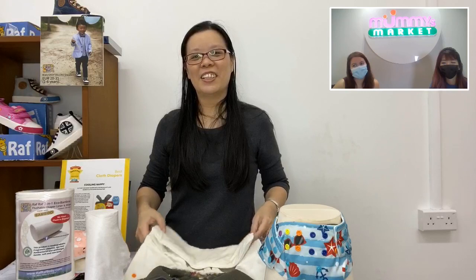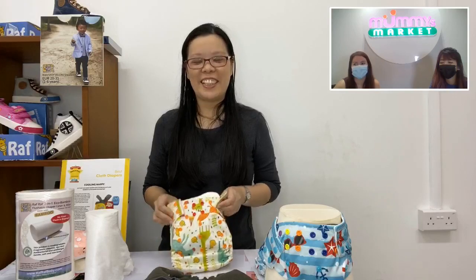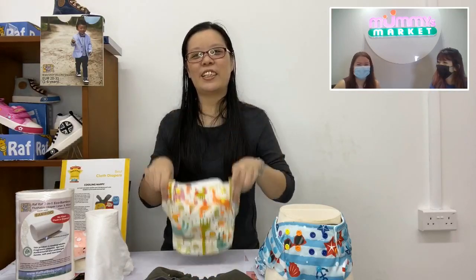Oh, that's smart. Yeah, so it will help you to hold the pee so you don't get any accidents, but they will be forced to go to the toilet, and they will be forced to feel that it's very uncomfortable. And so then,